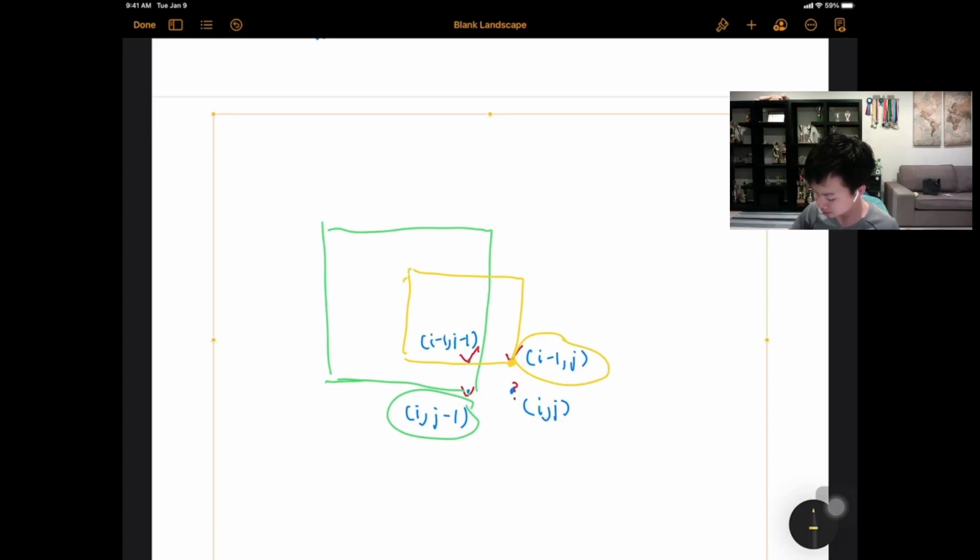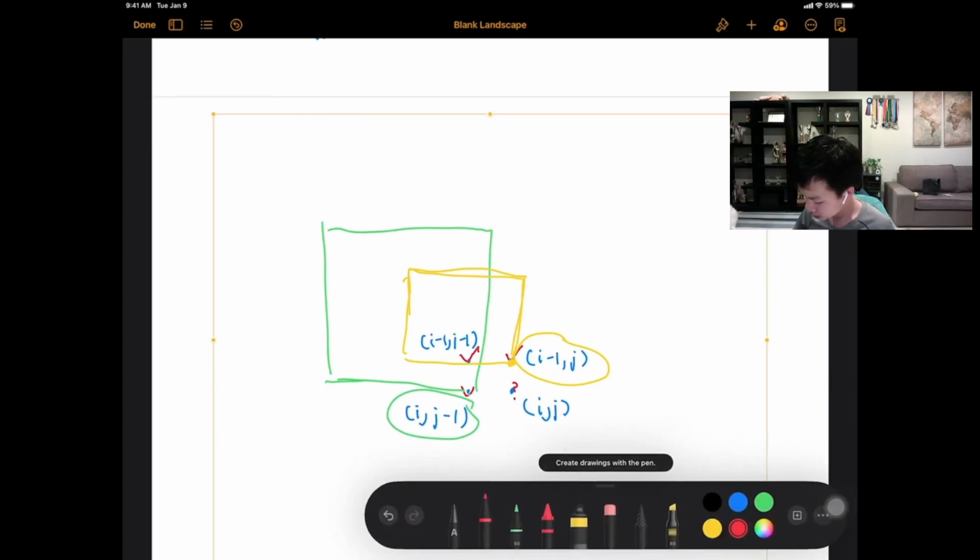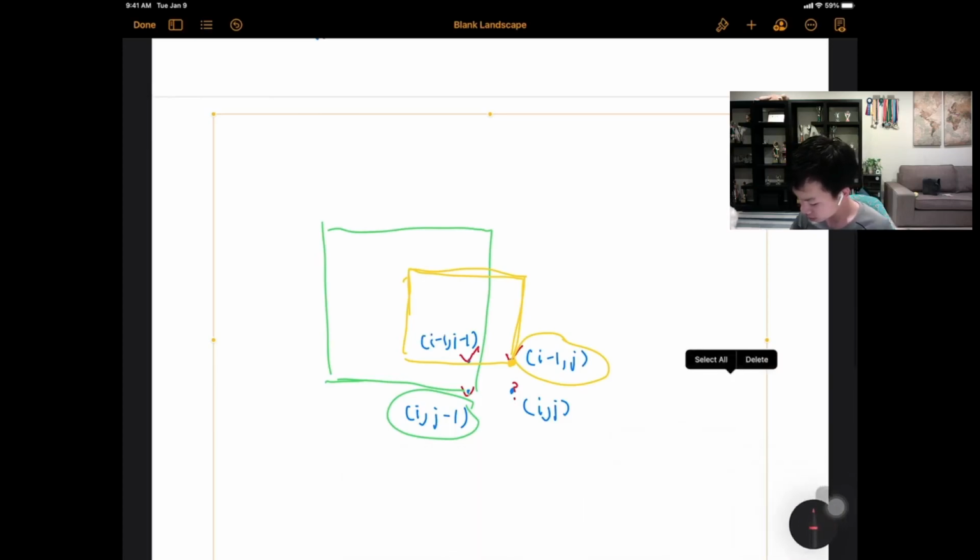So this is what we have for our dp values of dp i-1 j and dp i j-1. So assuming we have this, what we have here is that we know that